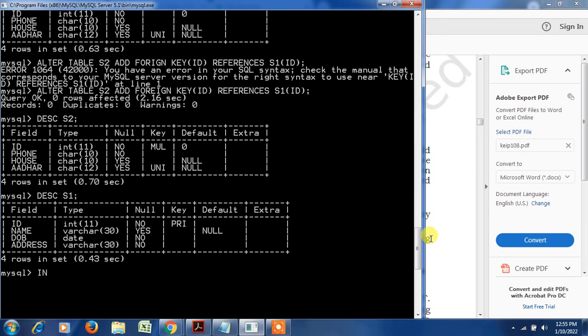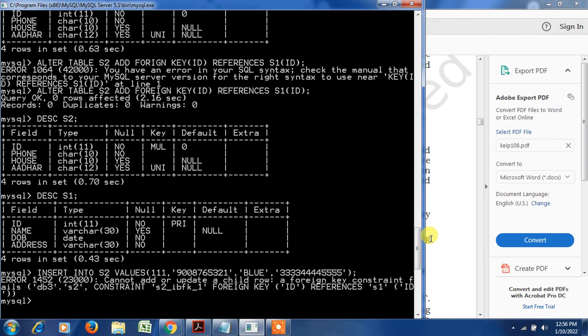Insert into table S2 values, the ID is integer 111, comma, phone number 900876531, then the house is blue house, and then the other value, 3333 4444 5555, which is over 12 characters only.